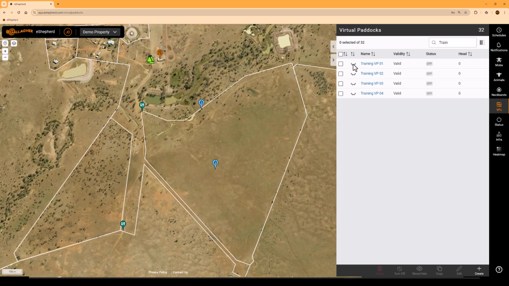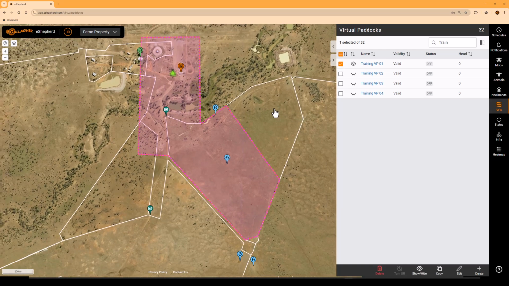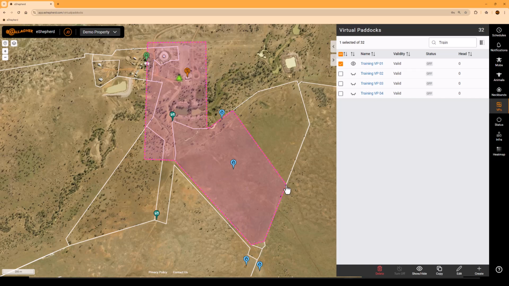So I'm going to unhide this training paddock and I'm going to highlight it so we can talk about it. I've created a virtual paddock that has a boundary that runs right through the paddock here. So roughly 1/3 of the paddock is an exclusion zone and 2/3 of it is an inclusion zone. And I've gone all the way outside and around the yards as well, and I'll explain why I've done that in a minute. You can see some of the virtual fence boundaries are laid over the top of the physical fences, so that's running down along here and all the way along here. The virtual fence is on top of the physical fence,